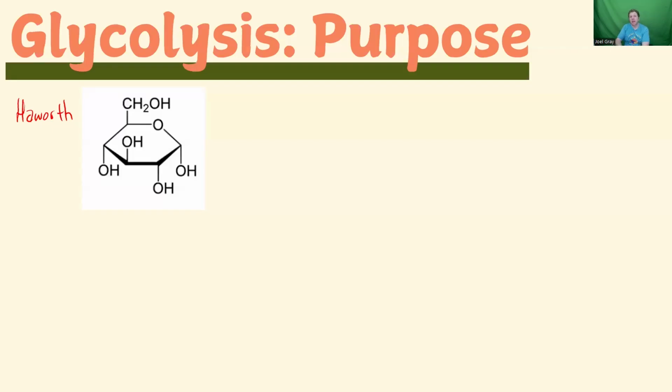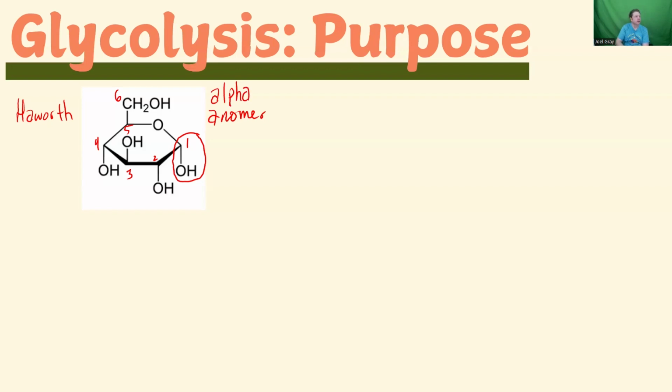In addition to this being the Haworth projection, I really believe it's very helpful to number your carbons. As a reminder, this is carbon 1, 2, 3, 4, 5, and 6. We've got a 6-membered ring here, 5 of those members are carbon. Now, this carbon number 1, if you remember, is our anomeric carbon. There's a significance to it being identified as anomeric, because that is a new chiral center. And this specific structure of glucose is the alpha